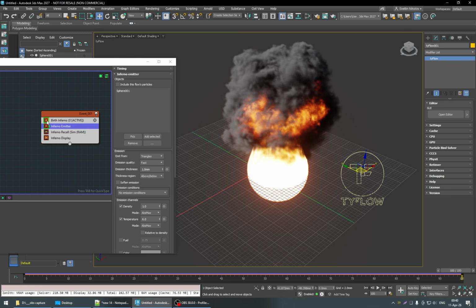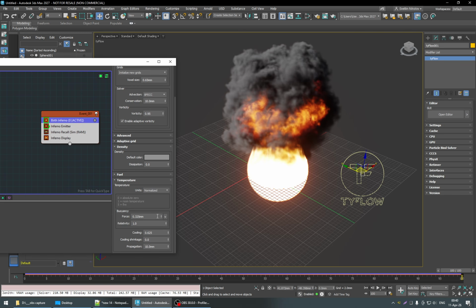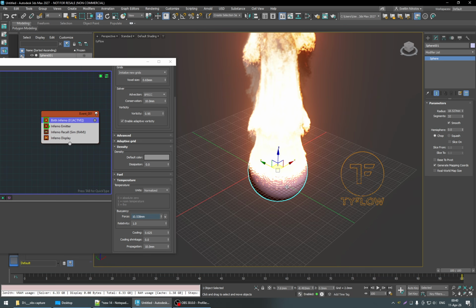And now I'm gonna change it to the real world value of the buoyancy. So now this sphere is gonna actually be very small. So now you can see that it just starts erupting. So this sphere is 18 millimeters in radius. So it's almost 2